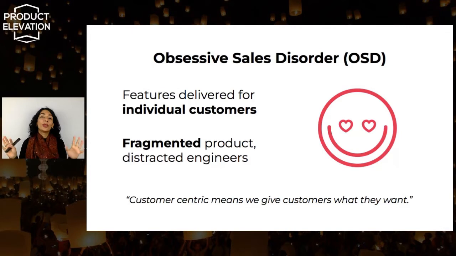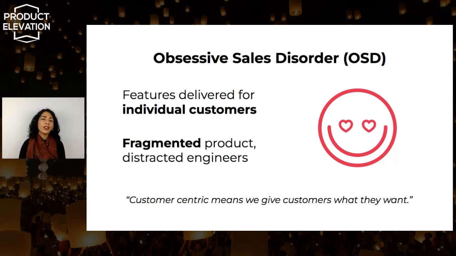With the goal of pleasing his customers, Paul was trying everything. He was even spending his own money to fund free coffees inside this app. And his customers just wanted more free coffee. So no matter what he did, there was always just more to do. And in the end, it wasn't really creating a better experience anyway. They were always complaining that there wasn't enough free coffee on this app. You might be seeing obsessive sales disorder in your company.